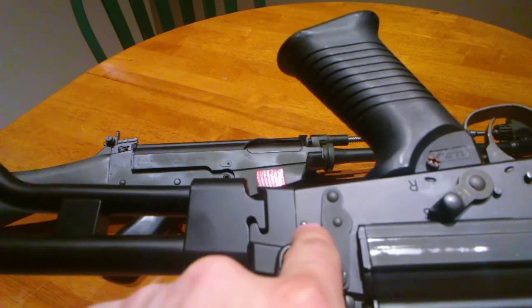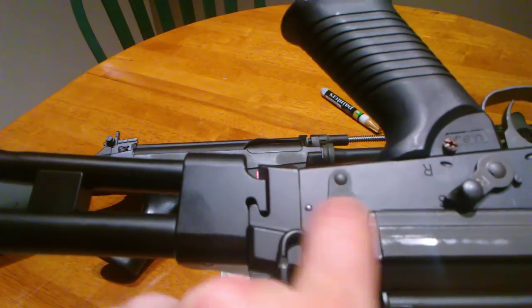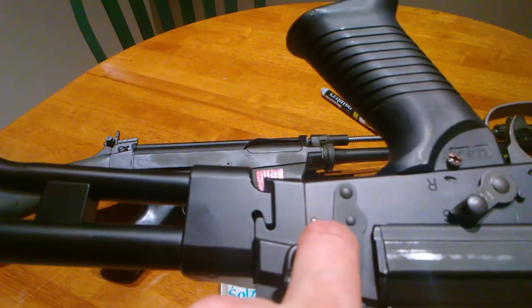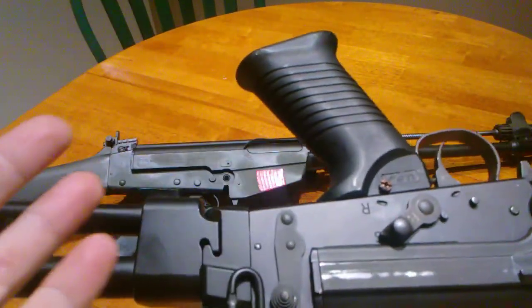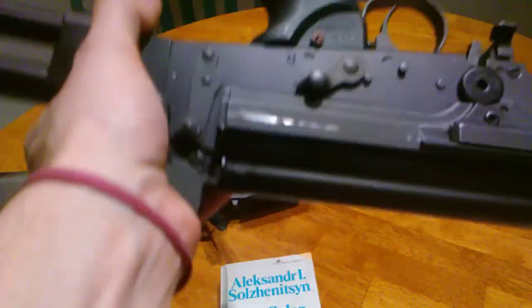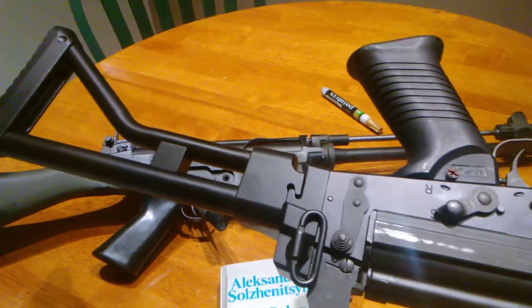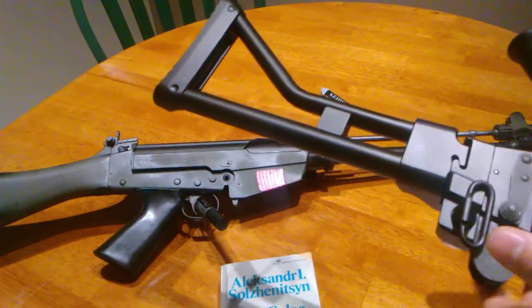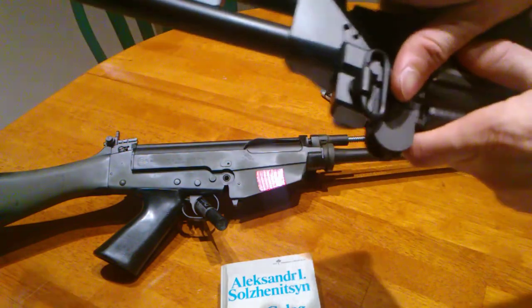Only thing I had a concern about is how this pin is held in place. Because this receiver is aluminum and the majority of these components are steel, you can very, very, very easily damage this receiver installing components because, again, I'm assuming most of your tools are going to be steel or capable of marring aluminum for that matter. So be very mindful. Don't take a screwdriver to this to pry something out because you will damage the receiver or your lower. Now to remove, you remove it like a standard FAL lower, but you have to be aware